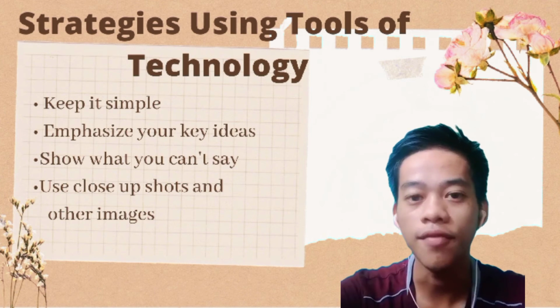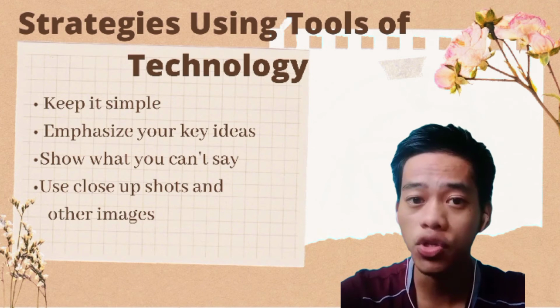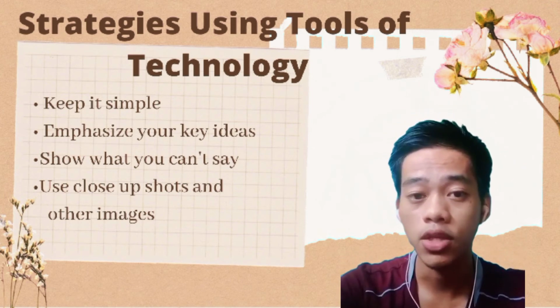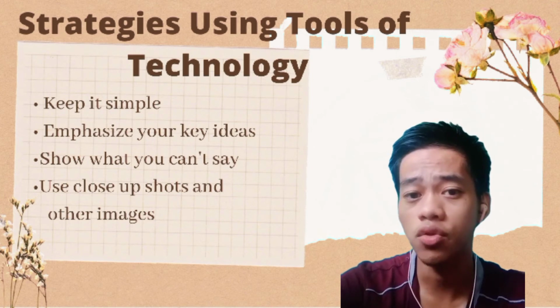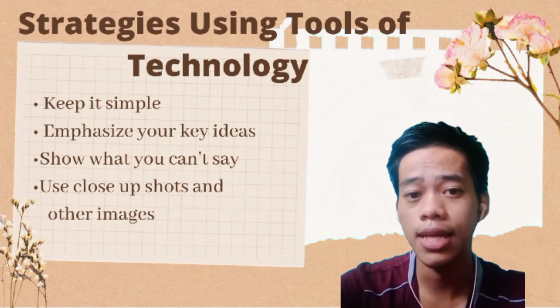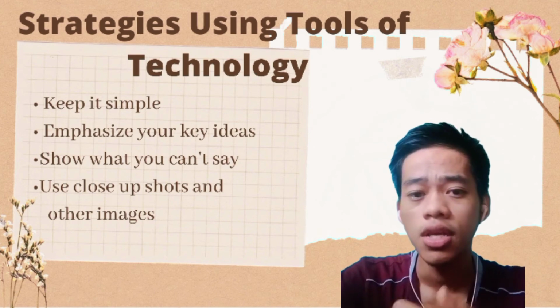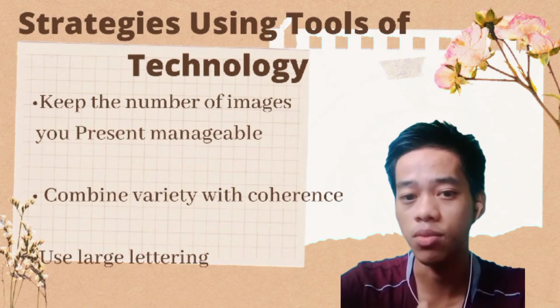Next one is emphasizing your key ideas, to show and explain more with short words so that it can be understood easily. Next one is show what you can't say, so like use close-up shots and other images to help them understand more, as how you show some pictures if you really can't express it through words. So the next one is keep the number of images you present manageable, so be mindful of